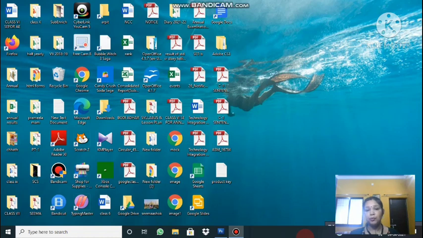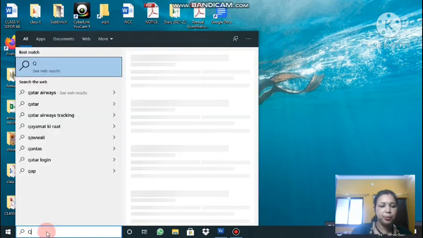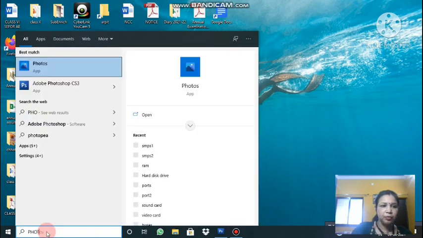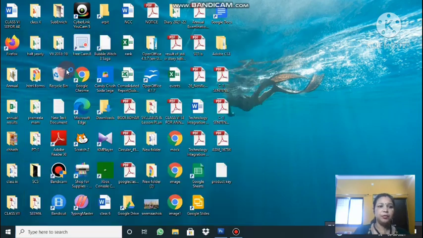This is a paid version of Adobe Photoshop. Many versions are available. You can get the trial version online. You can go to the FileHippo site, or directly type on Google that you want the trial version of Adobe Photoshop CS3, or I can share the link from where you can get the trial version, so that for at least 30 days you will get it free and you can practice by that time. I have already installed the trial version here. In the search box, you just type Adobe Photoshop, or directly Photoshop will also work. You can see Photoshop CS3. It takes time to start.